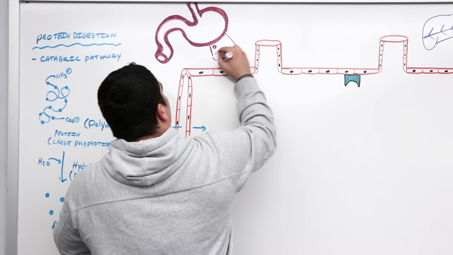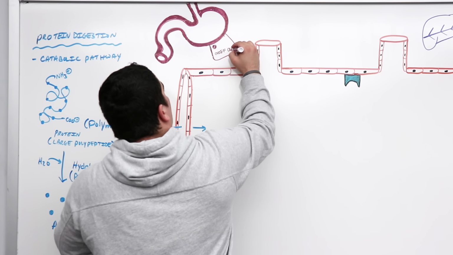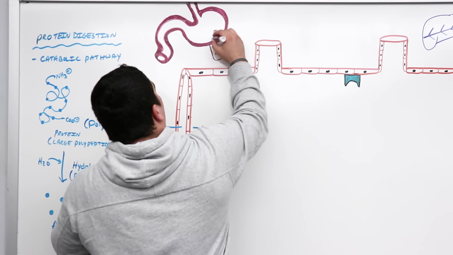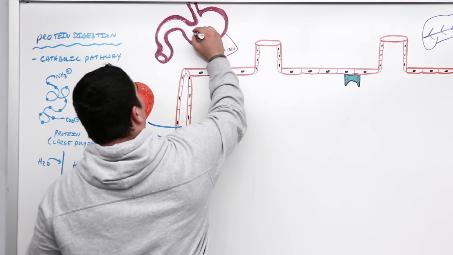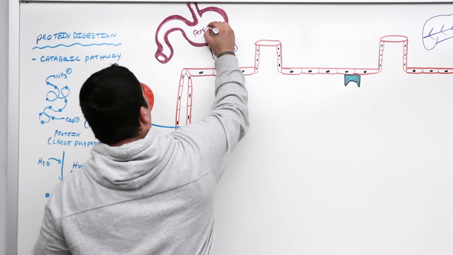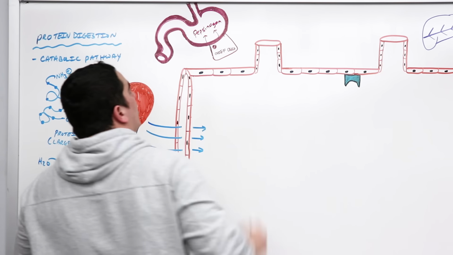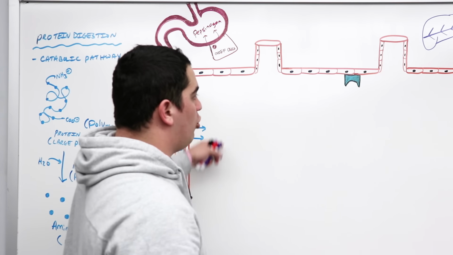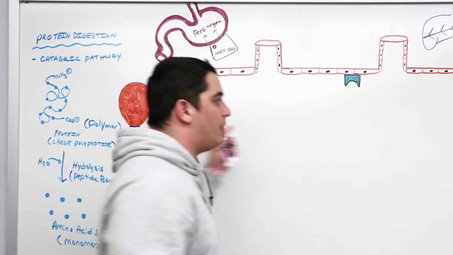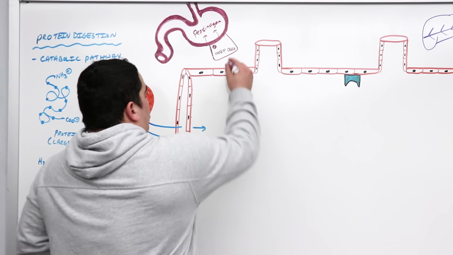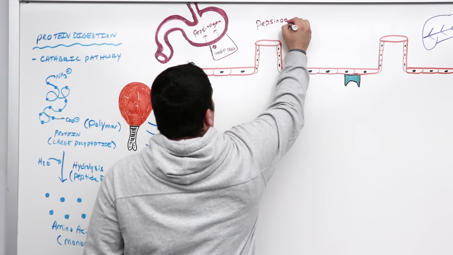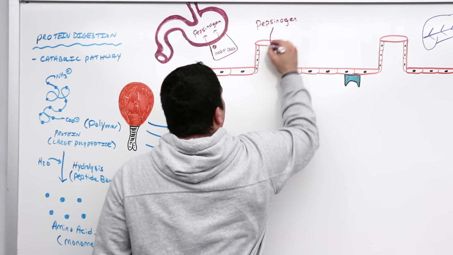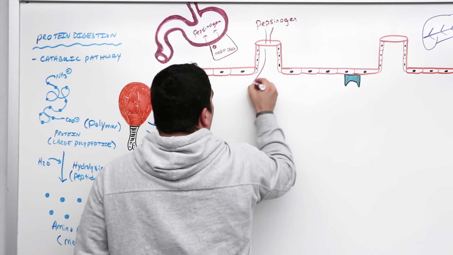And what these chief cells are doing, if you remember, is they were secreting a protein digesting enzyme called pepsinogen into the lumen here. Well, what we're going to do is say that this is the lumen. This is going to be the GI tract, or the alimentary canal here. So we're going to secrete this molecule, this pepsinogen, into this portion here of the